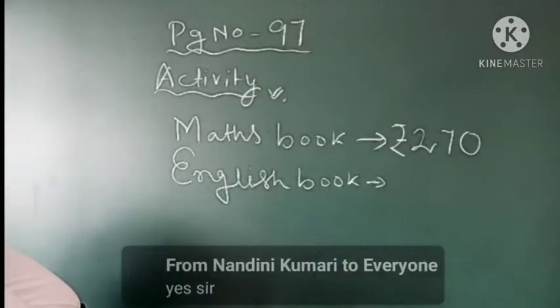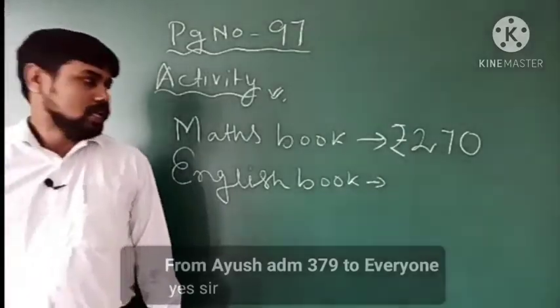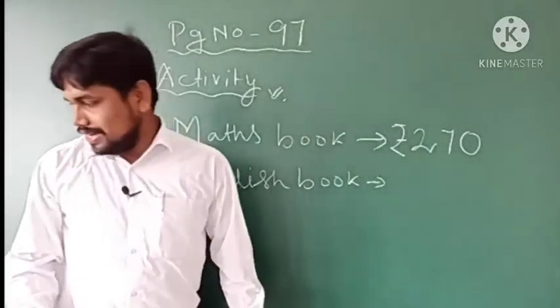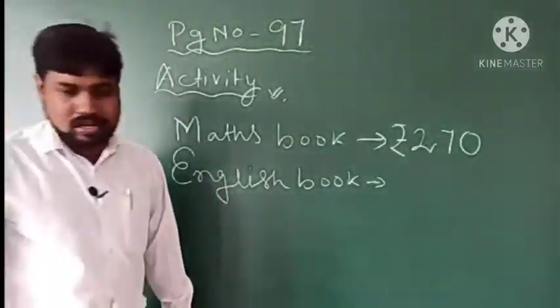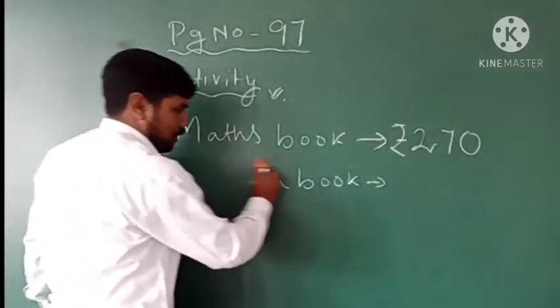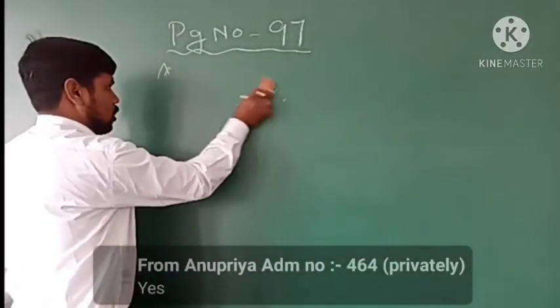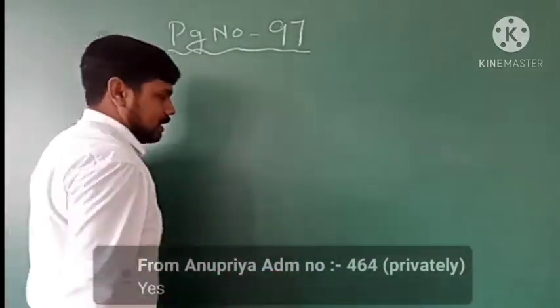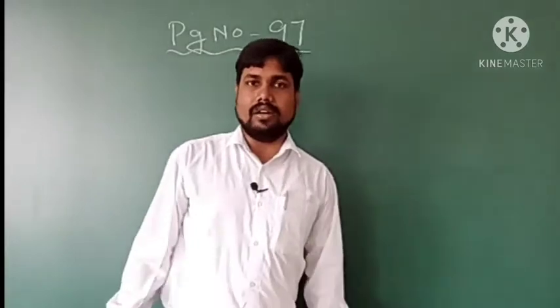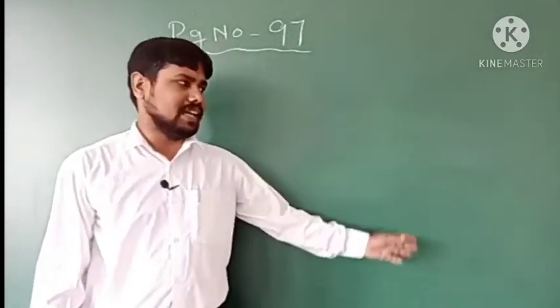Okay, some of the students are saying yes, yes, yes. Okay, no doubts. Then what is the total coming? What is the total cost coming in this? Because I don't have the other books, I am not aware of the cost of all these books. I can check it and tell you later, or you can just check all the costs and add all the things.